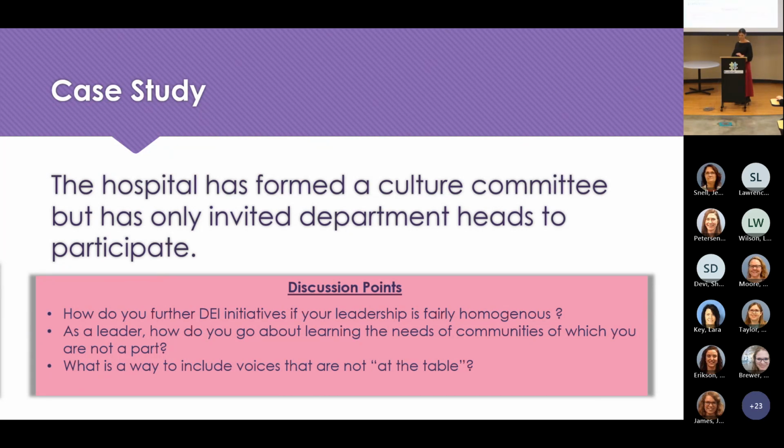One of my thoughts was to have an open forum, so maybe a work group that leads a group, but then have open committee meetings so that anyone could participate as they see fit, because it's hard to go out and recruit for these types of things because you don't want to assume that anyone wants to participate. You don't want to tokenize people. We want to be sensitive to those types of things. And so having an open forum where people can nominate themselves to be part of the committee or just show up and participate. That's a good way, but the surveys and the smaller group might be a little less intimidating at first. Those are great thoughts.